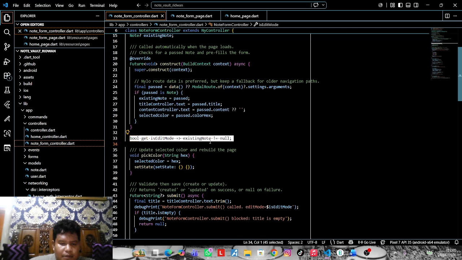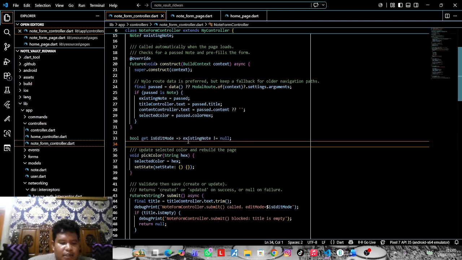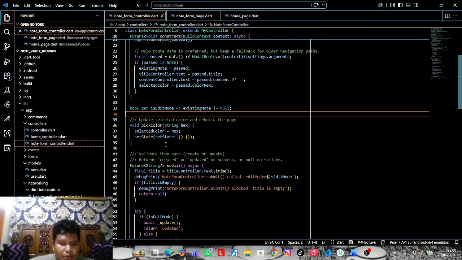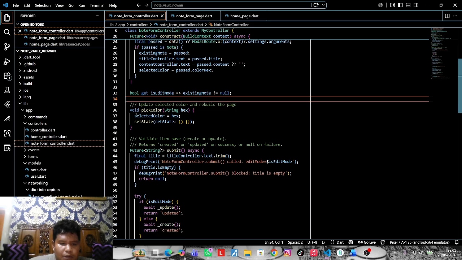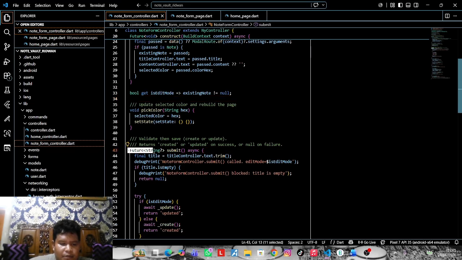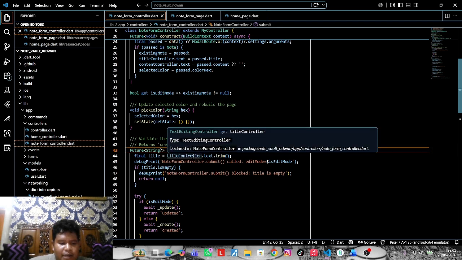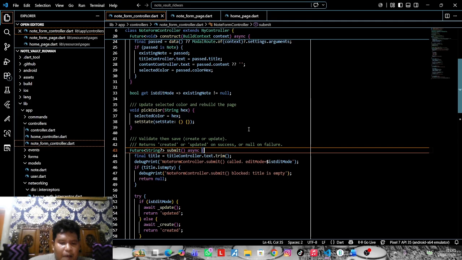And then this code determines whether the form is creating a new node or editing an existing one. And then this function is execute when the user presses the save or update button. First, it validates that the title is not empty.